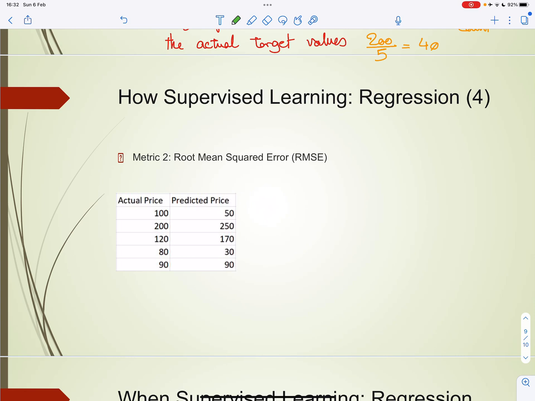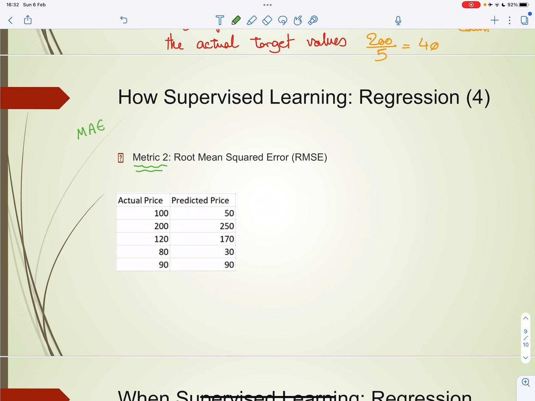So we learned about mean absolute error. What about other metrics? Are we going to learn other metrics? Well, there is another metric that I want to introduce to you. It is called root mean square error, or RMSE. This is another metric to measure the performance of a regression supervised learning model